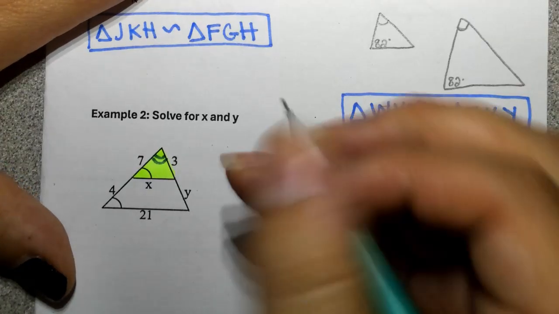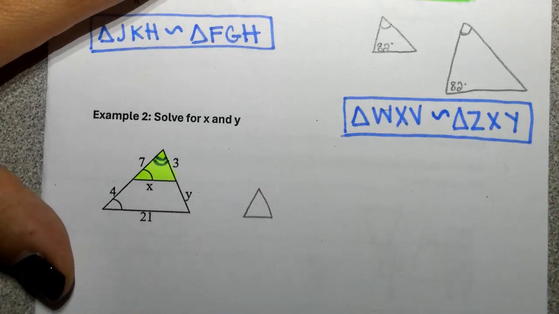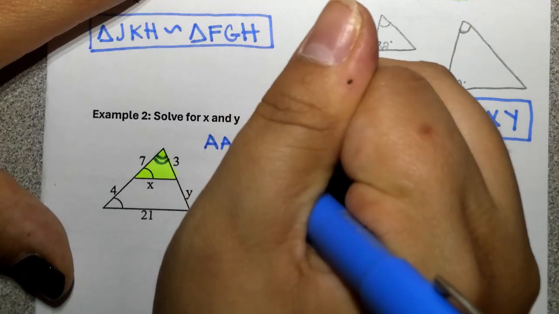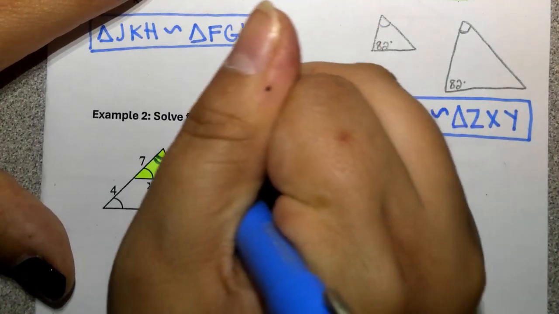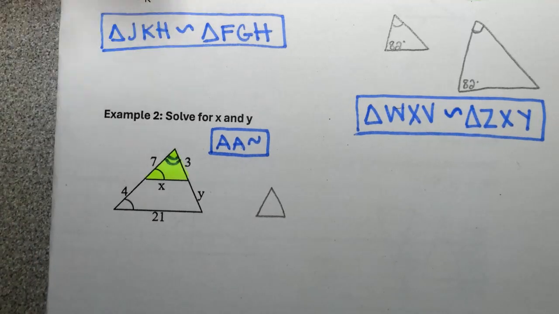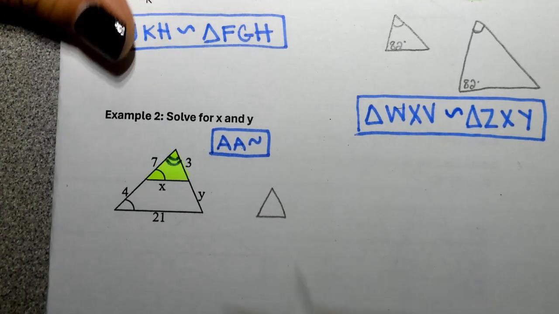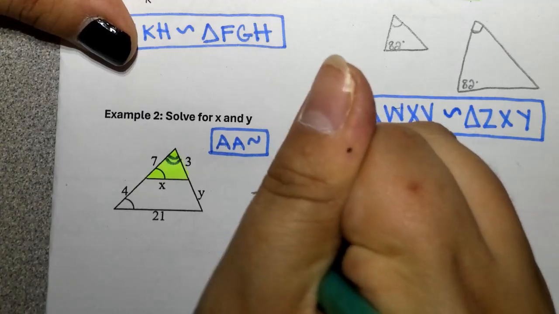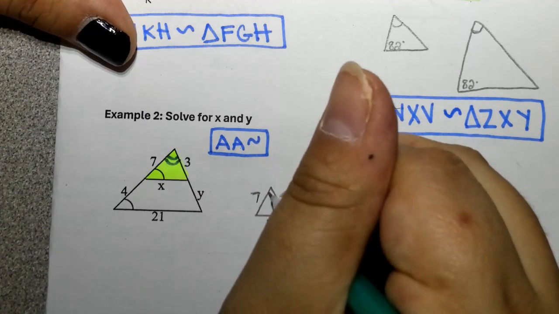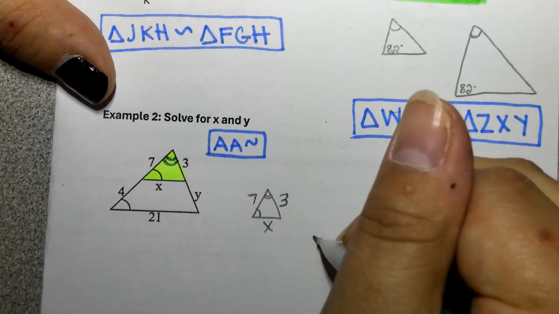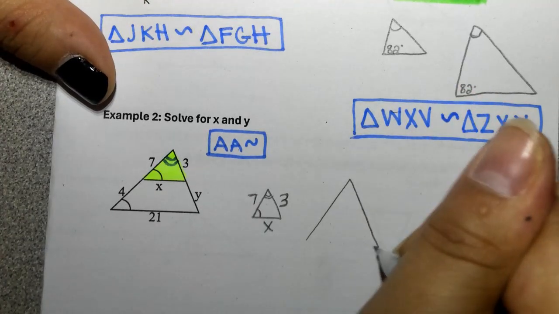So my little triangle here. Oh, so do y'all agree these are angle, angle similar? Yeah. Once you know triangles are similar, you can start solving and setting things up about them. So I'm going to redraw 7, 3, and X for my little triangle. And then for the big triangle,